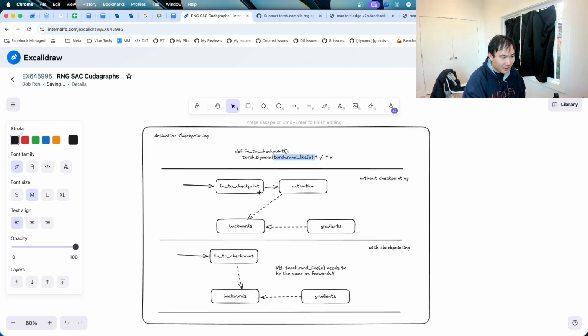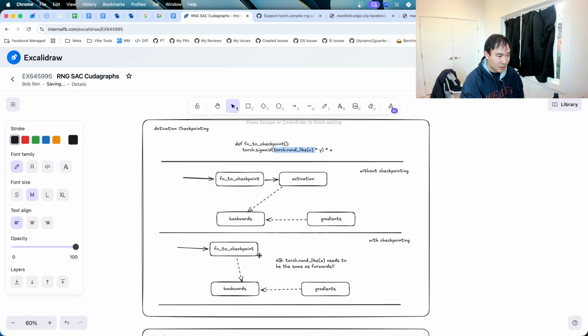Now, what is activation checkpointing? Activation checkpointing is when we invoke a function in the forwards, typically we'll get an activation that we will save in memory, such that when we run our backwards, we can use this saved activation as part of our backpropagation calculations. Now, what checkpointing does is it says, do not save this activation. And instead, when we do our backwards, we're just going to recompute this activation by rerunning